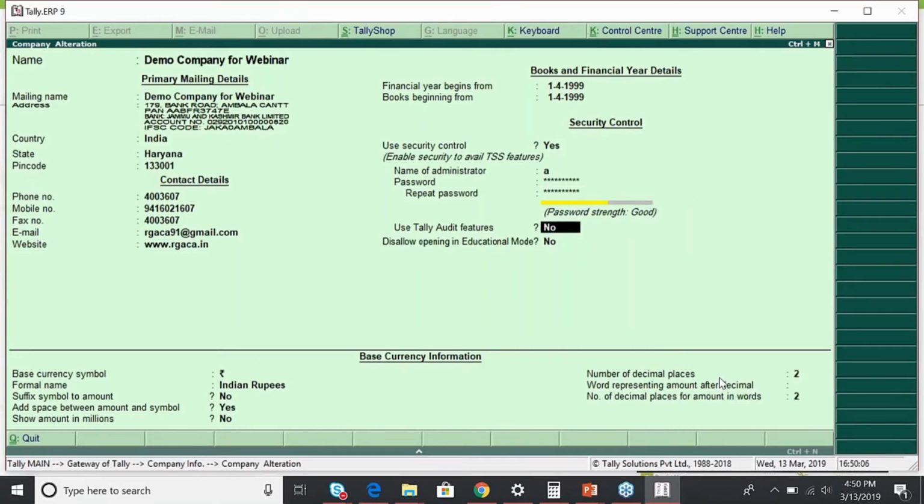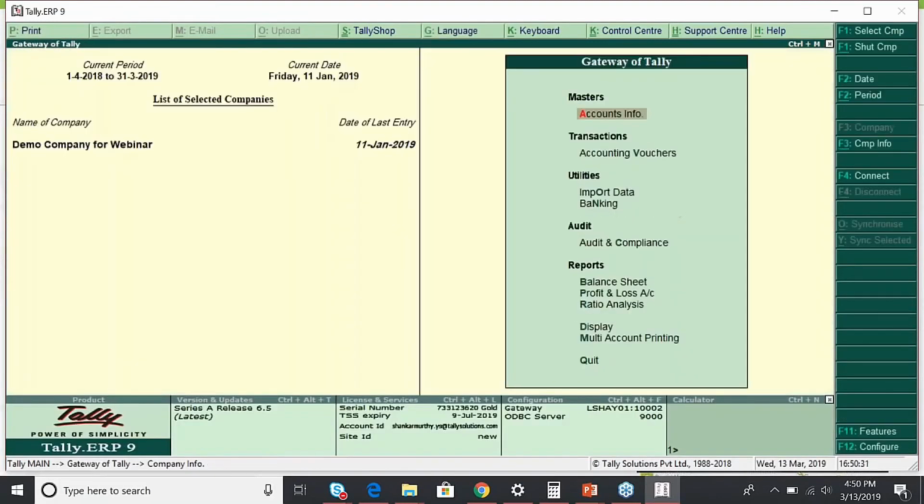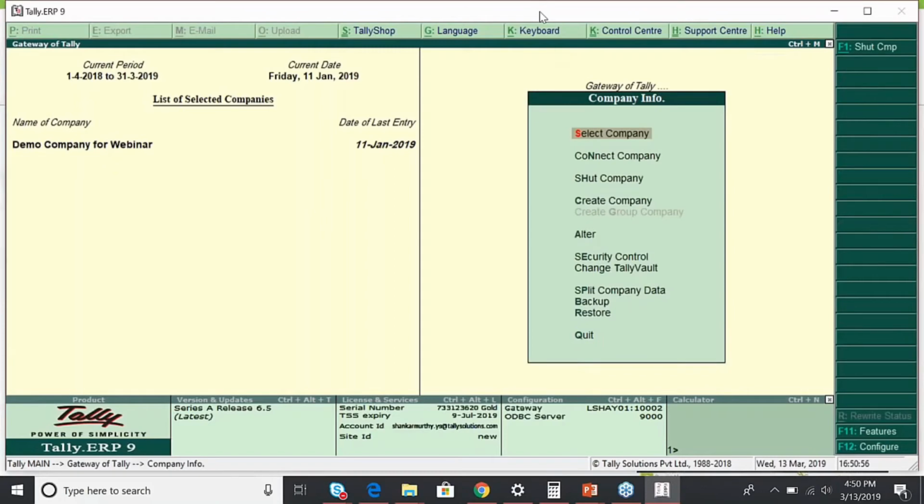Once the password is set, the next main option is to set the audit feature. So let's assume that you have set the audit feature. Now it will ask me to log in with super user credentials. This is the first step of securing the credentials. We'll go to the next part, setting up user credentials.